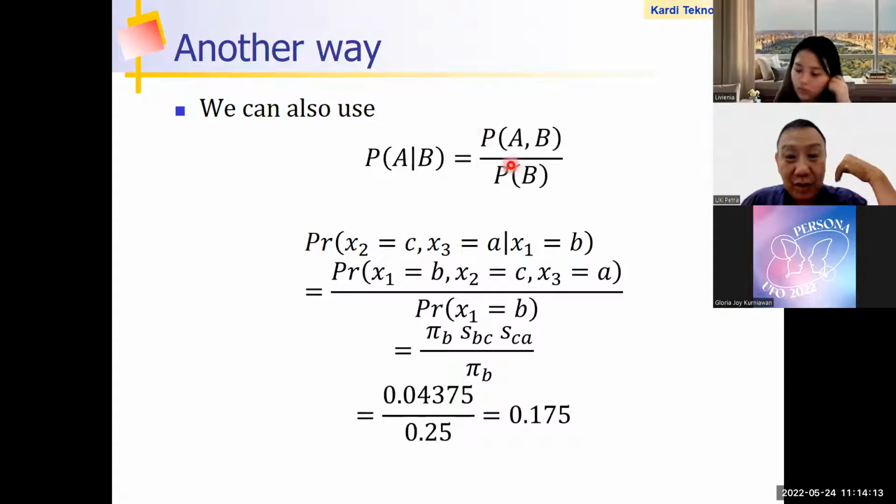If you don't trust this, I give another way to compute. I'm just deriving this computation using conditional probability. So you see that this one equals the joint divided by phi b, right? In that case, I can calculate everything. So phi b divided by phi b, no more, right? So you get exactly the same result.